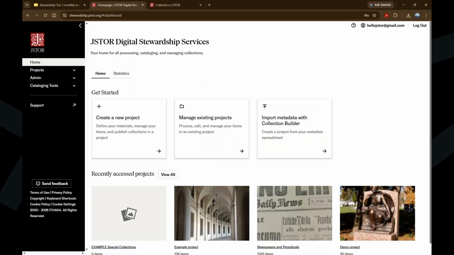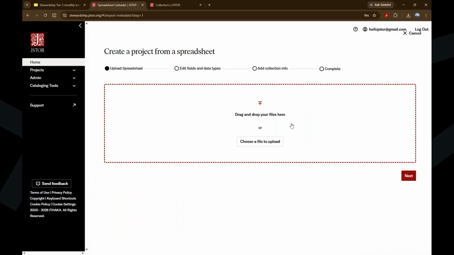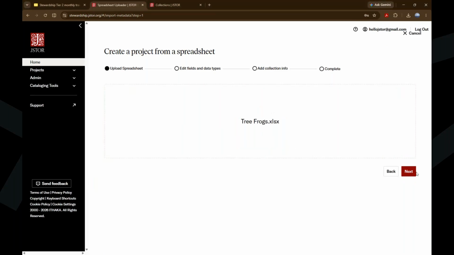Let's go ahead with Collection Builder. You just click the big button that says Import Metadata with Collection Builder, and then upload your spreadsheet. So I'm going to find that same spreadsheet I was just in, and then click Next. It'll just take a moment for the metadata to import. That was a pretty small spreadsheet, so it shouldn't take too long. And once it has,